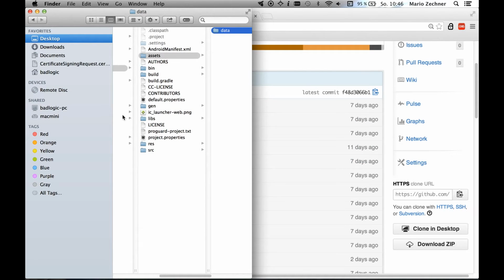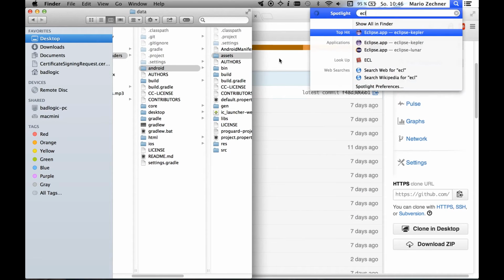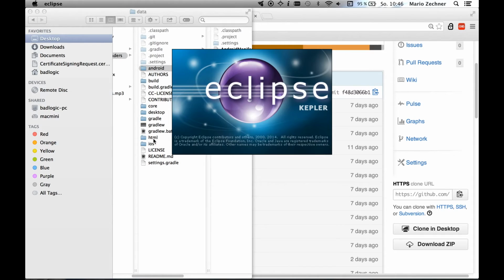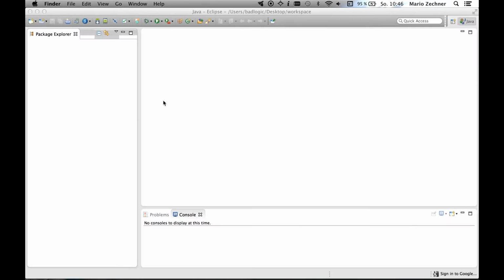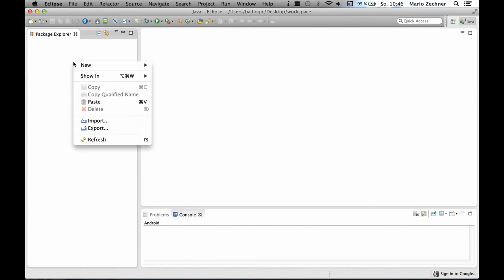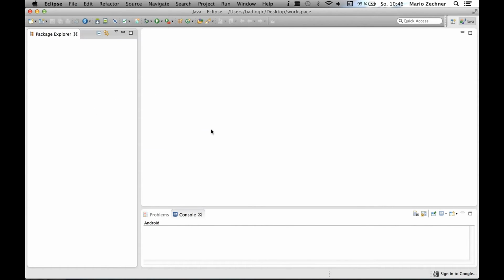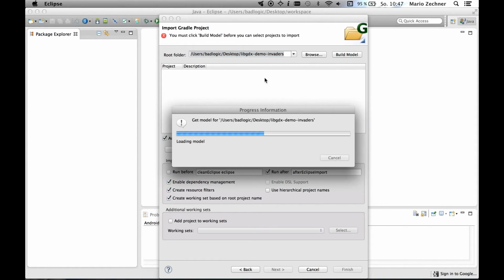Okay, so let's see how we can get it into an IDE. The process is exactly the same as for doing it for your own projects. In this video, we're just going to do it in Eclipse, so let me open up Eclipse. I prepared an empty workspace for this opportunity. Okay, and importing it just works like it does with your own projects. So you just go to File, Import, select Gradle project, then you navigate to your copy of the demo and click Build Model,